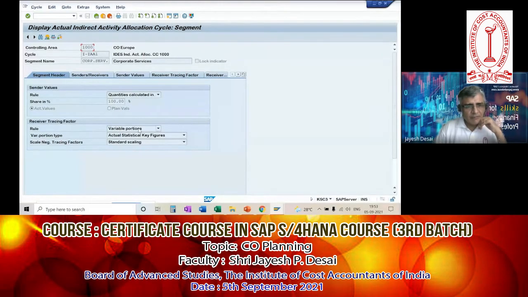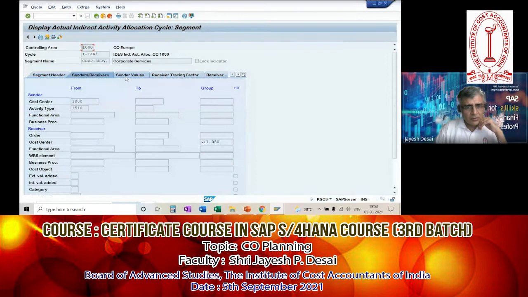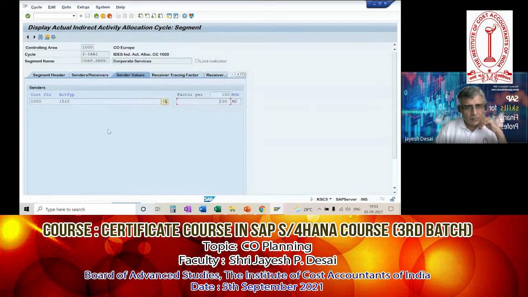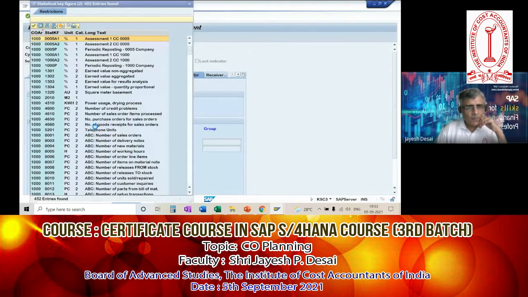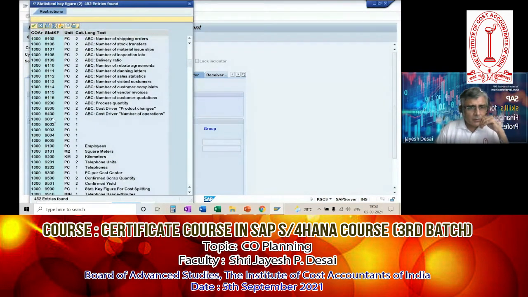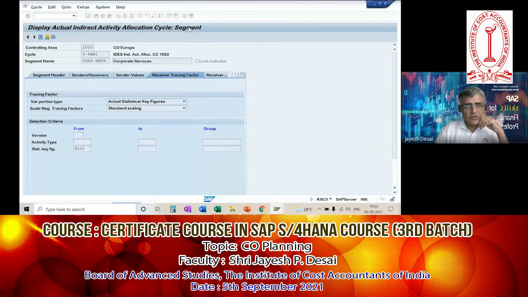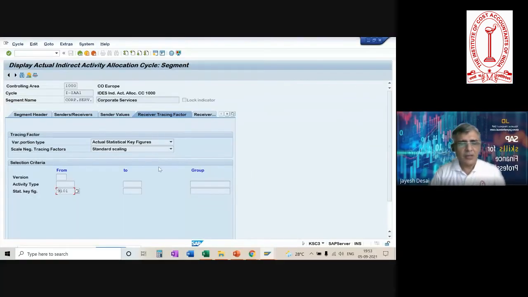So here you define the variable portion, and you can define the statistical key figure. And in the receiving tracing factor, you will define the statistical key figure here. So this, you see, 9101. It is square meter. Okay. So something like rent, for example. So we will define square meter as a unit